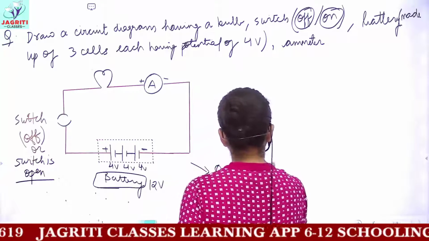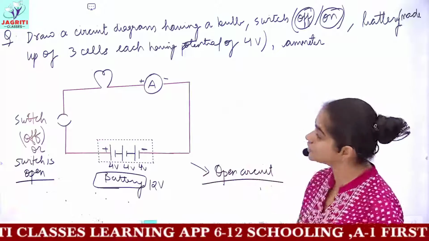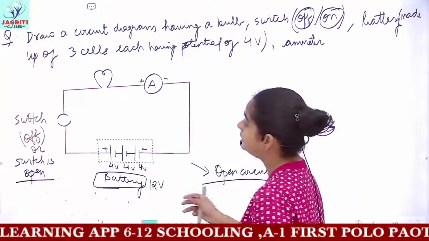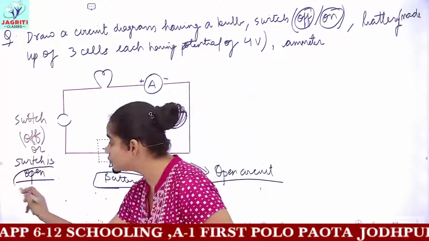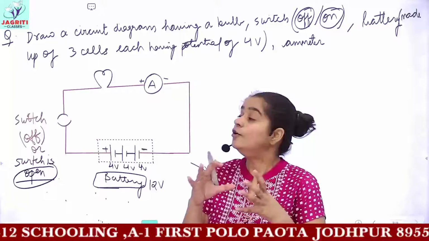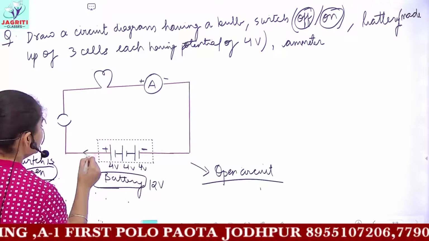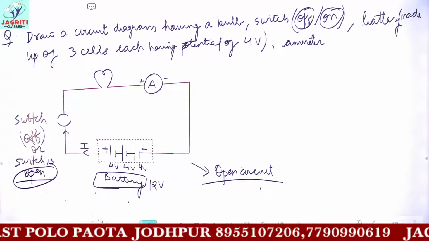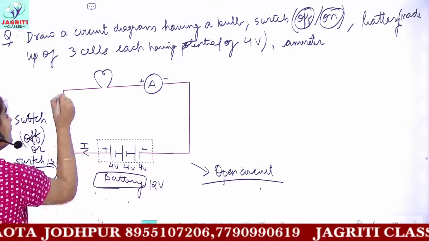I told you, what do you mean by open circuit? Open circuit is a discontinuous circuit. As you can see, this is a circuit diagram of an open circuit. So here the switch is present in off condition, or you can say the switch is present in open condition, which means the current which would be flowing through this battery through the positive terminal, when this current would reach the switch, the switch is off. It means this switch will not conduct any kind of current.